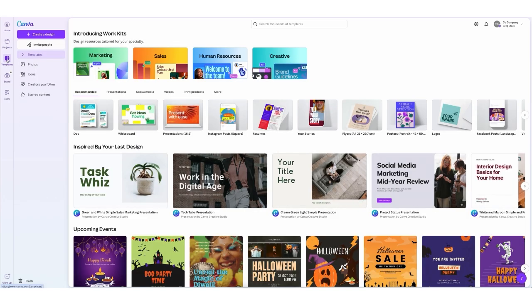Work kits are a bit of a secret weapon for us, and it's something that I use to skip ahead in my work. They're collections of tools and tips and best-in-class templates that help us to be more effective in campaign creation and rapidly improve visual communication. So if you've spent more time making your presentations look good and less time actually doing the work, like I sometimes find myself doing,